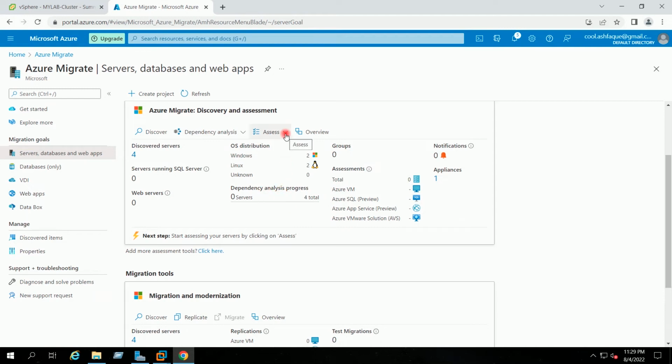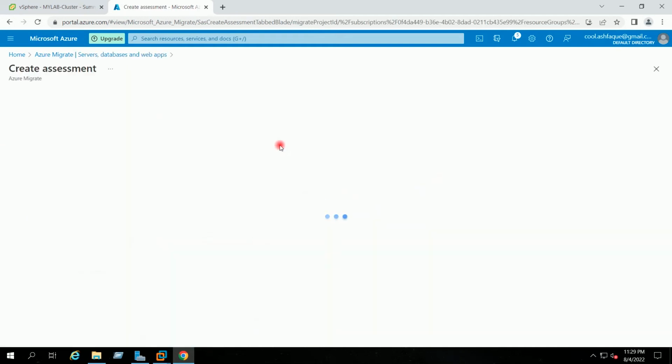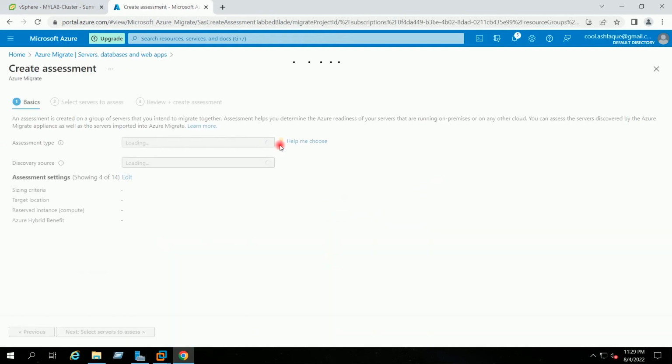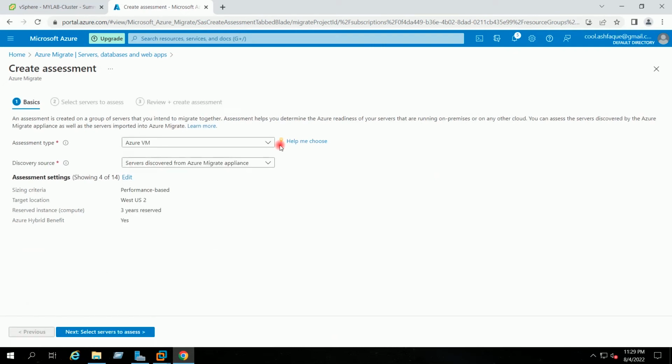I will click here on assess. In the drop down I will select Azure VM. Assessment type Azure VM. Discovery source servers discovered from Azure Migrate appliance.